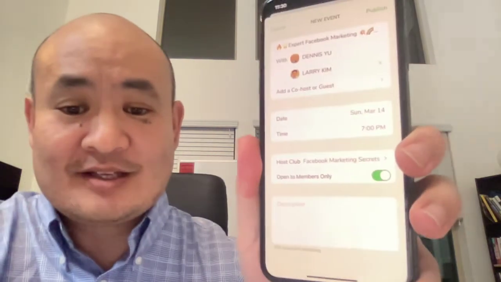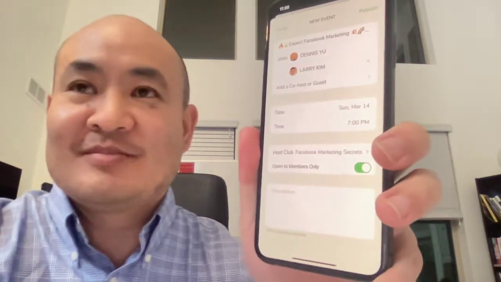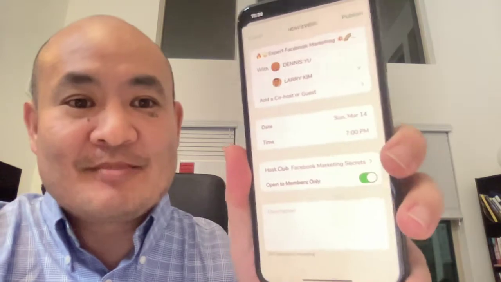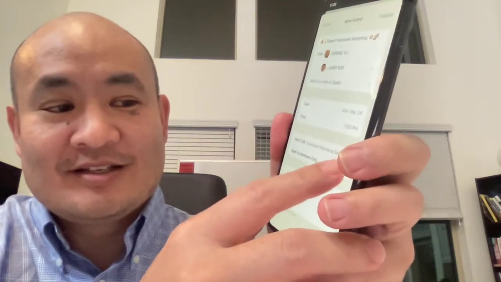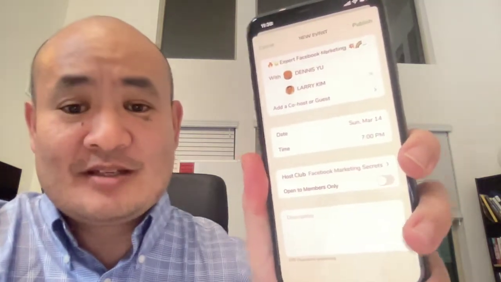So if I'm just a member of the club, by default it's going to go like this, open to members only. So the room is going to be much smaller because they have to be a member to come in. So I always like to leave it this way so anyone else can come in. Then I make a little description, and I will say